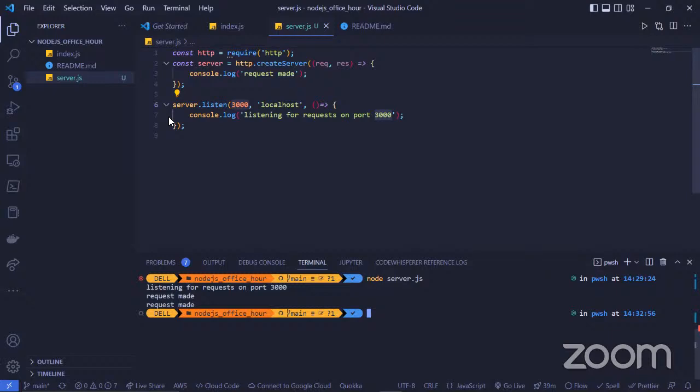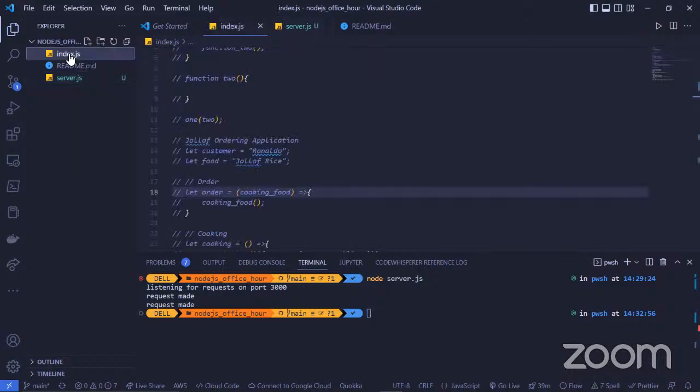I would just keep this server.js in case we need it for any of the explanations, in case we want to scale our application. I don't know what the time is right now.